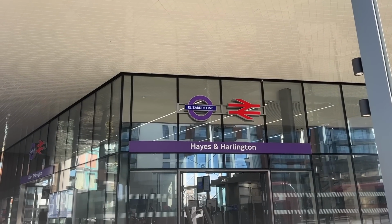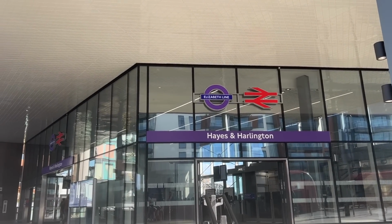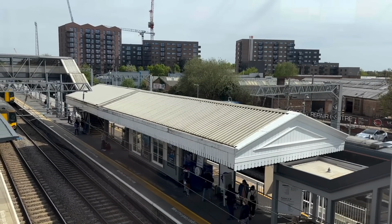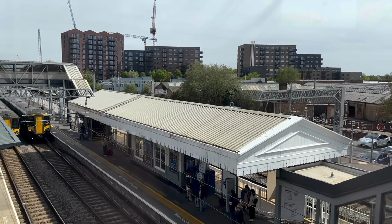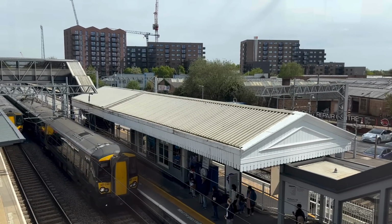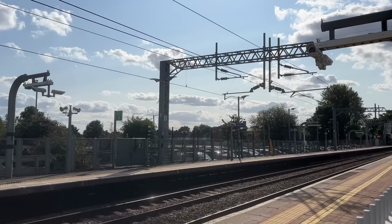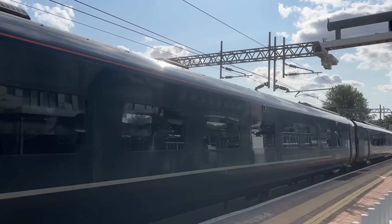Hayes and Harlington is on the first section of the GWR to open, which went from Paddington to the station now known as Taplow. That section was completed in 1838. But back then there was no station here. Why? Well, as I say, the priority was getting from London to Bristol. In the 1830s, commuting wasn't really a thing. You just lived near to where you worked. It wasn't until the 1860s that commuting really started to take off as a concept. So for the first 20 or so years, trains thundered through the site of what would be Hayes and Harlington